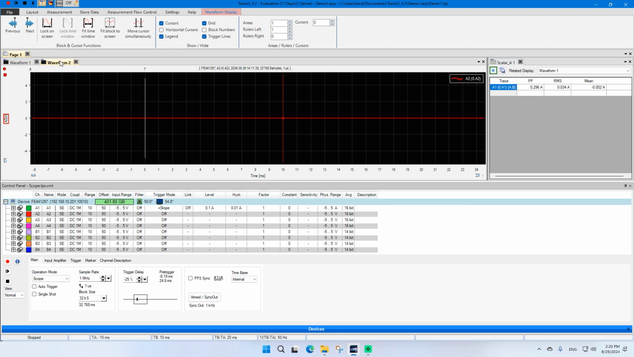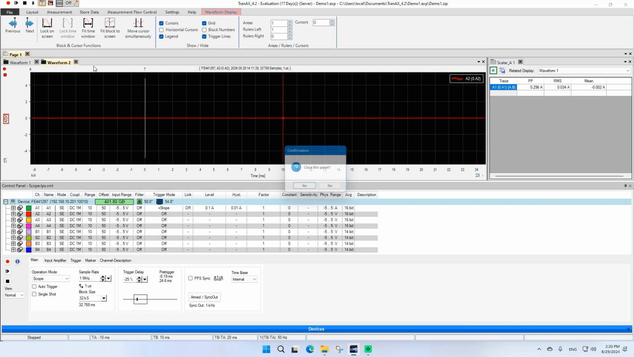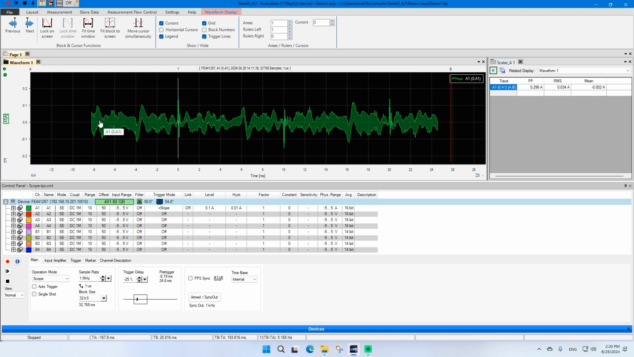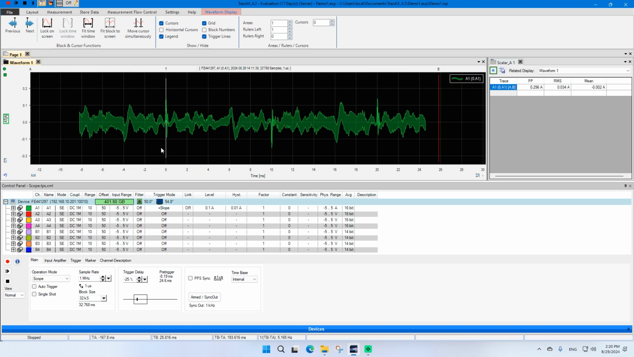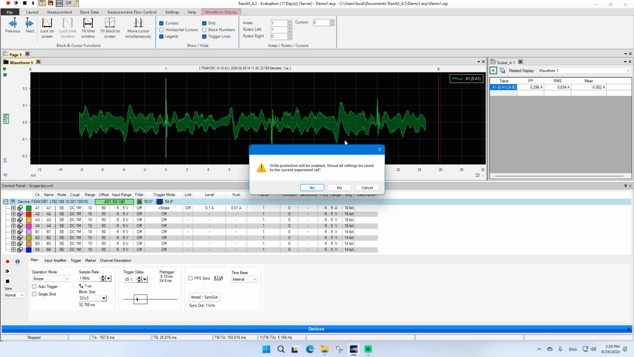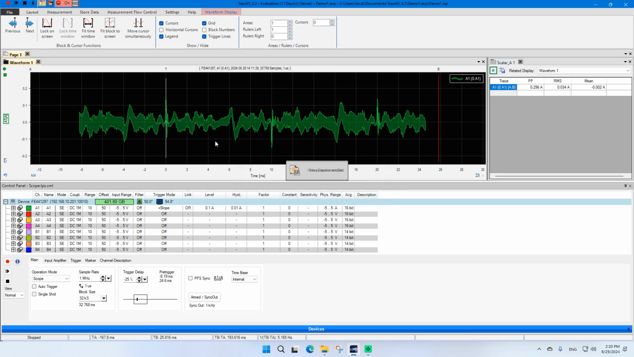So if you think, okay, that's not the way I want to work, I want to keep my settings forever, for example, so I remove this and say, okay, this is my default experiment set that I want to keep, I turn on this write protection. I say yes. So write protection means that every change that I'm doing now will not be saved in the